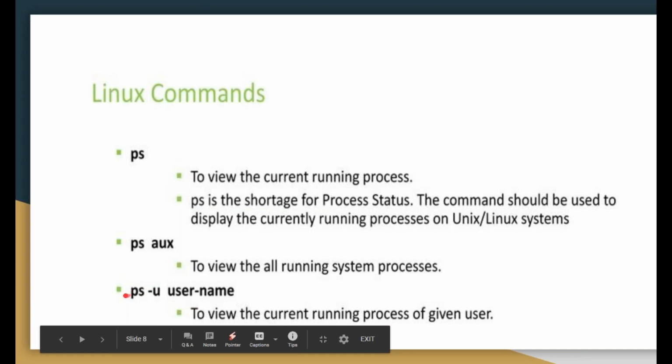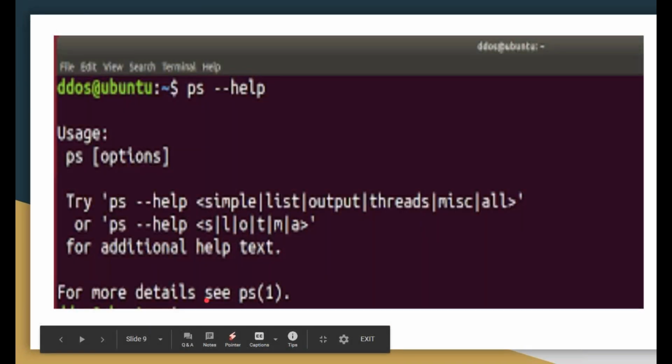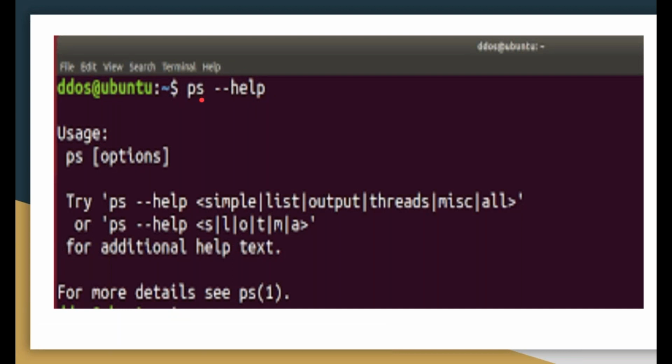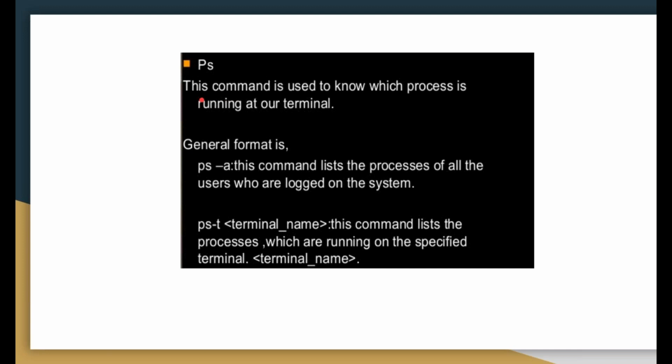To see processes user-wise, you use ps -u and the user name. Then a help command for the manual of the processes. For all the processes you have -a, and for terminal-wise you have the option t.